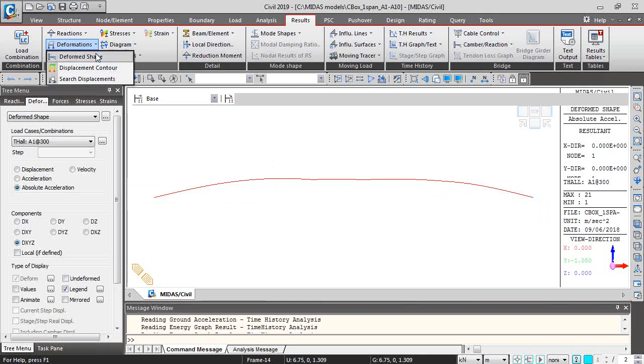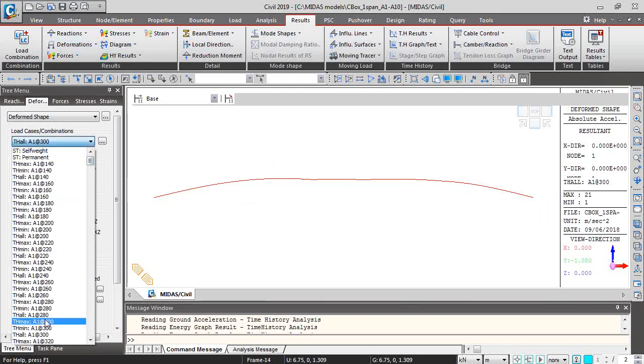load case, you can go to deformations, deformed shape. And when you're checking the results here, you will notice that you have all the different time history analyses, similar to when you're running envelopes. You have maximum values and minimum values for this time history load case, the A1 at 180 kilometers per hour. So, for instance, if you want to check the peak acceleration values for the load model A1 at 300 kilometers per hour,